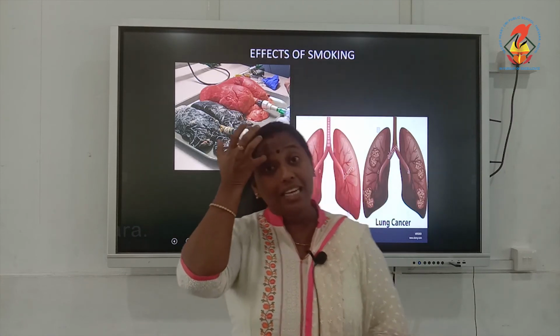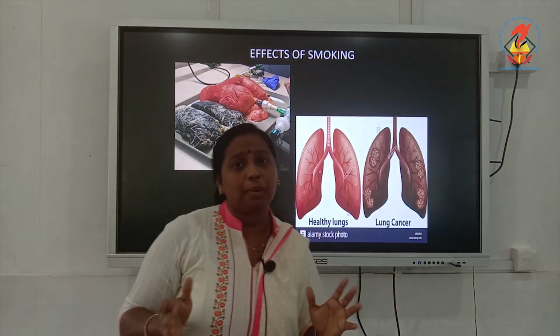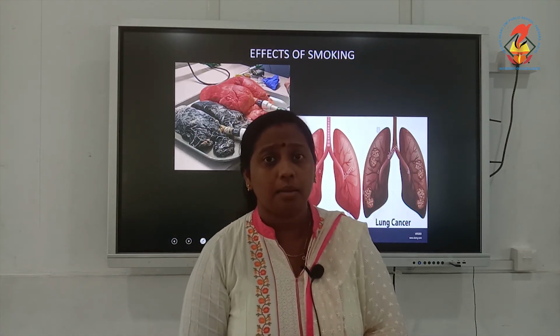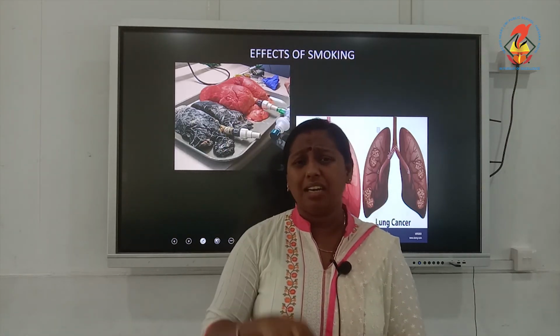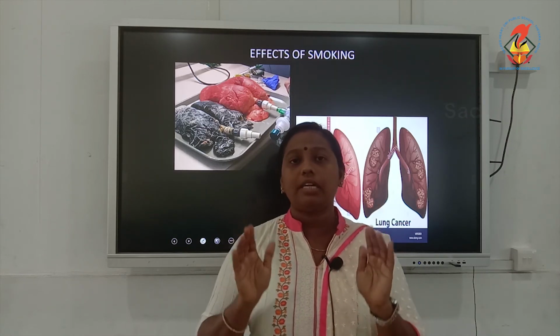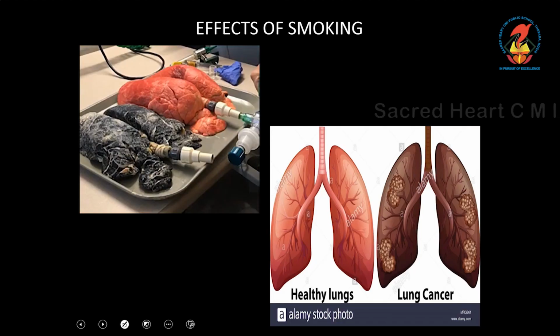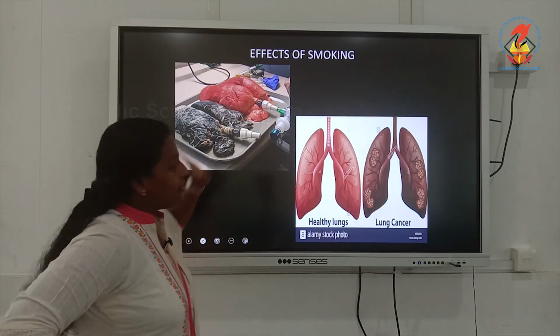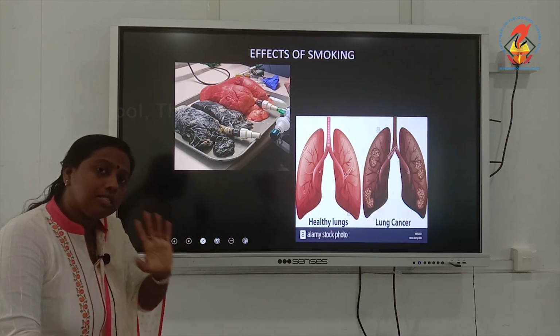Right now we are dealing only with our respiratory system, because in this chapter we are studying the human respiratory system. So, we will see two effects of smoking on our respiratory organs. Just see the first picture. These are the lungs, the first one of a smoker, the second of a healthy person. Just see the color and note the difference. From this, it is very clearly evident that smoking will directly cause lung damage. So the first effect is direct damage to your lungs.